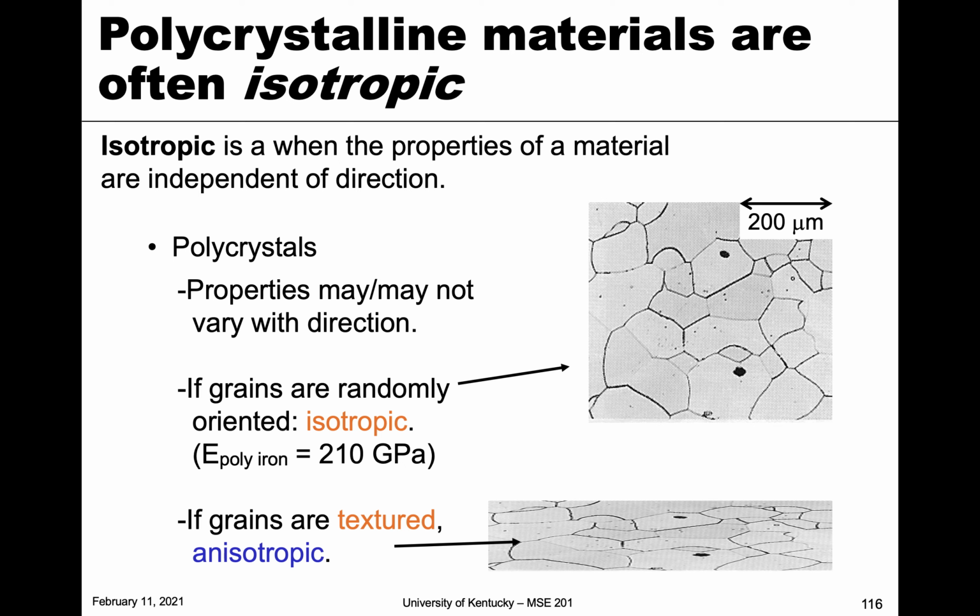However, all of these grains that you see, and this is just a small snapshot of the material, are at different angles. So this angle here may be this angle over here in this crystal. And so what happens is that all of these different directions in which the elastic modulus may vary become averaged out, because we have so many different crystals with different orientations. The fact that we have all of these polycrystals randomizes that elastic modulus. And so for a polycrystalline specimen of iron, the elastic modulus is 210 gigapascals,